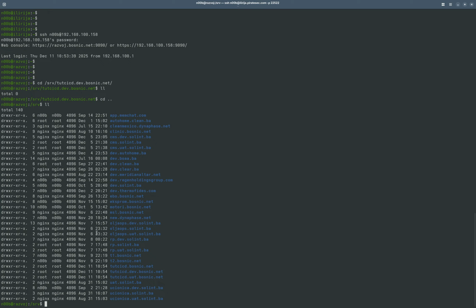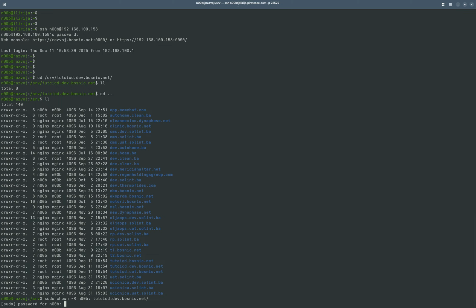So we did this tree, and you see root is the owner. We will set this to be owned by Nginx, actually by me, because we have some Git work to do there, and once the Git work is done, then we will just change the owner. Also, semicolon, which means my group as well. So we do it like this,